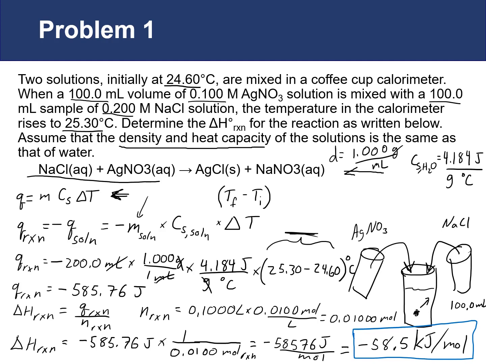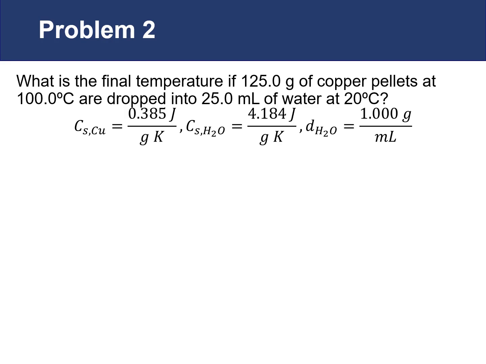Okay, we could keep it in joules and have 58,500, but a lot of times if it's greater than 1,000, you end up converting it into kilojoules. Another problem, which is about as complicated as we can get for these heat capacity problems, is let's say that